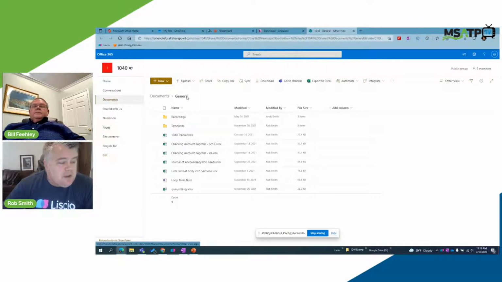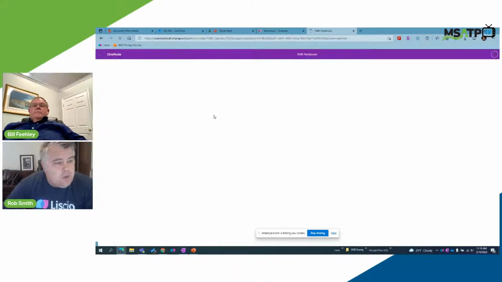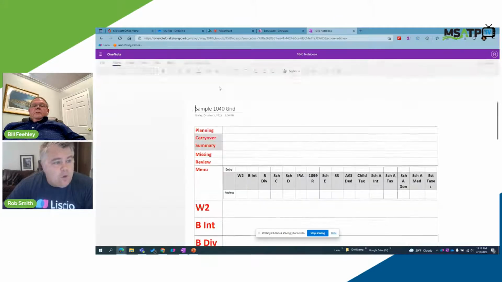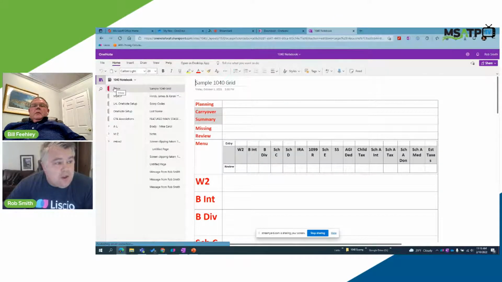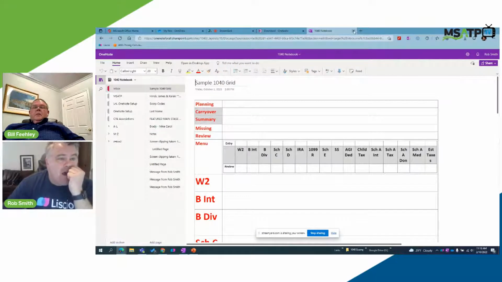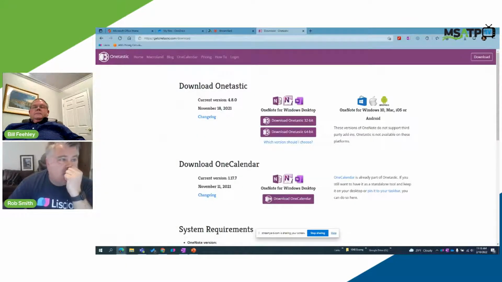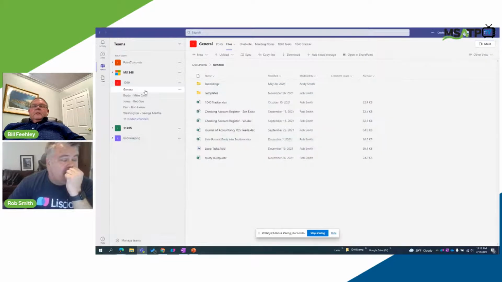This right here is my documents. I've got all of my documents sitting right there, which is the same thing as Files. But if I come down here and click Notebook, this is the notebook that I'm using for this team right here, and all this stuff is basically sitting right there. Okay. So now if I go in and close this,